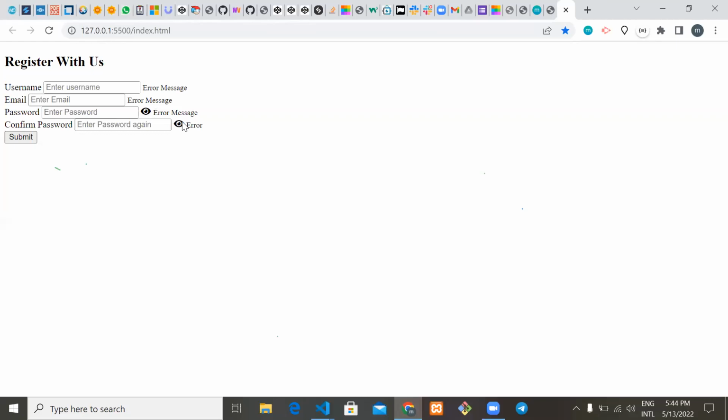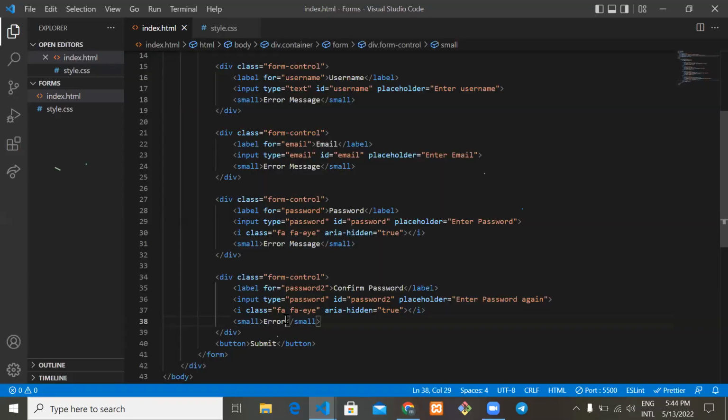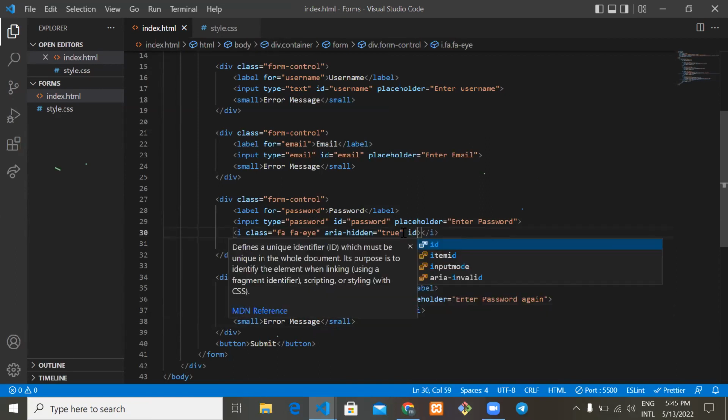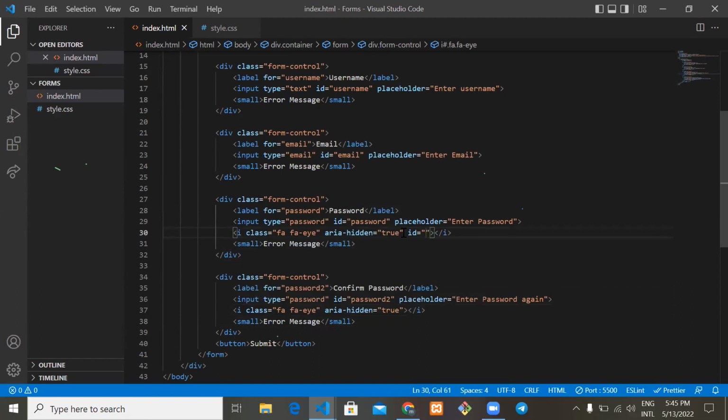So you can see the icon here. You can see it here. So that's what Font Awesome can give you with the icon tag. Okay, with the icon tag. Then we have an ID. You add an ID to the icon tag, which we call